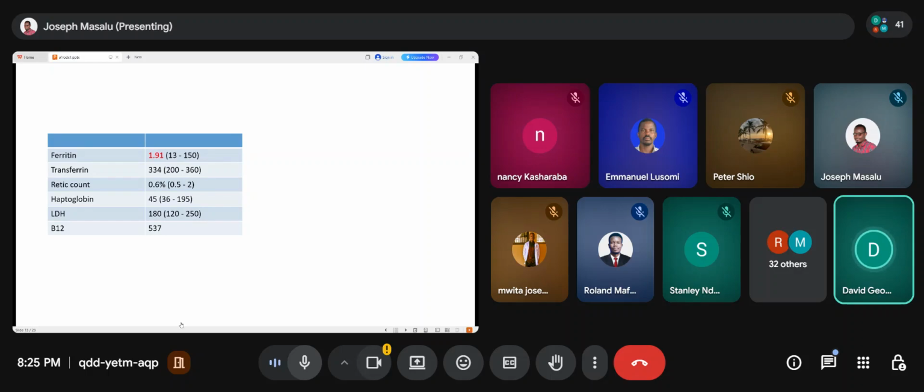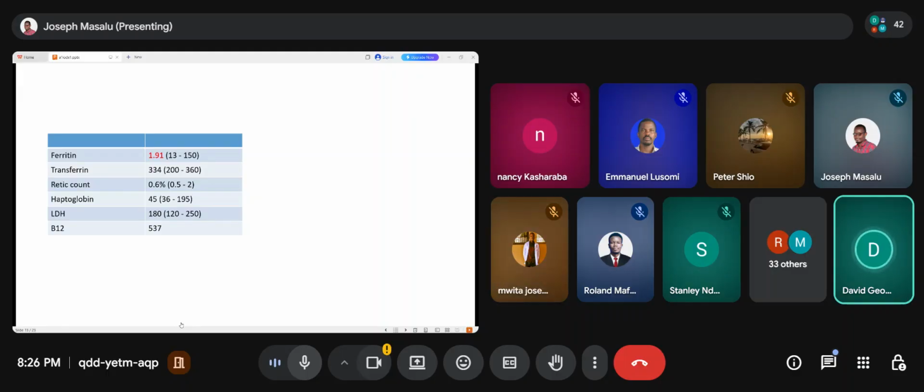So for transferrin, what is more informative is to check the transferrin saturation. If we add the transferrin saturation and see the exact percentage, the normal range that I've memorized is between 30% and 50%. Anything lower than that, I consider to be iron deficiency. But the ferritin being low is one of the indications that probably there is iron deficiency. So iron deficiency as part of this presentation.